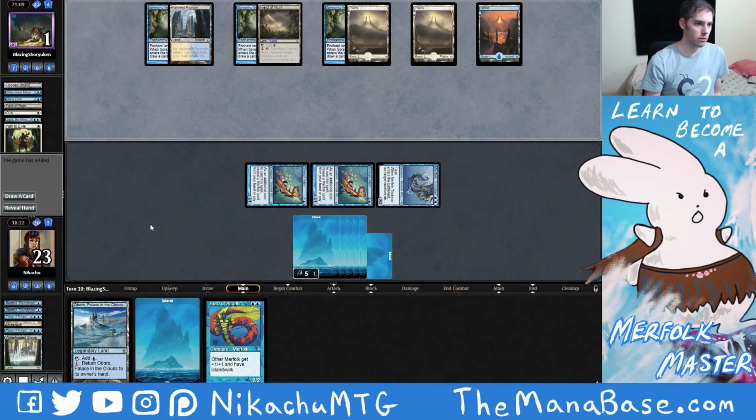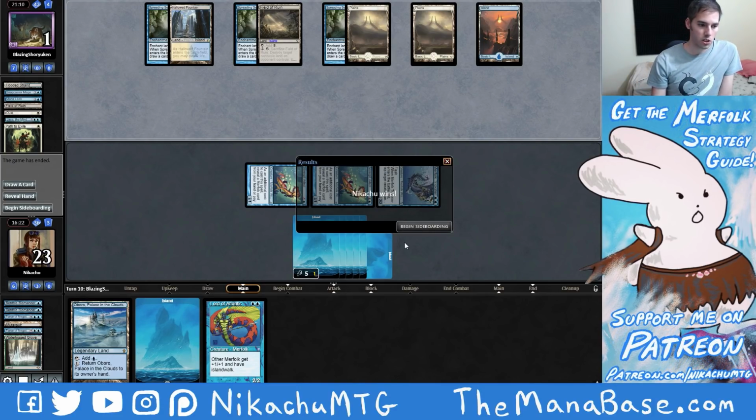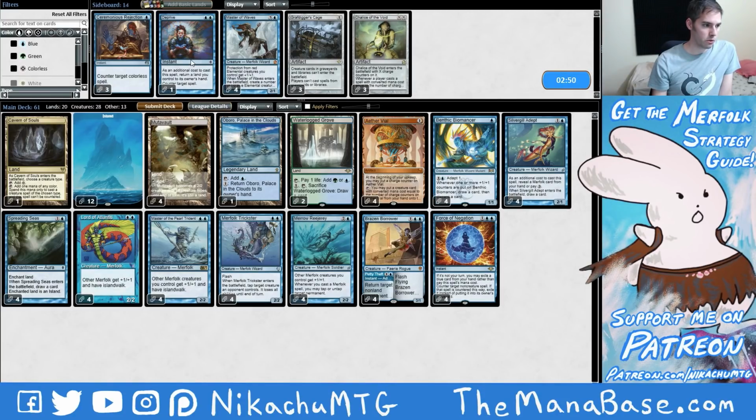Done. I don't know what's in their hand, but I don't care. I guess it could be just a bunch of Wrath effects in there. They didn't have the white mana. So, despite what we saw in that game, we will be siding out the